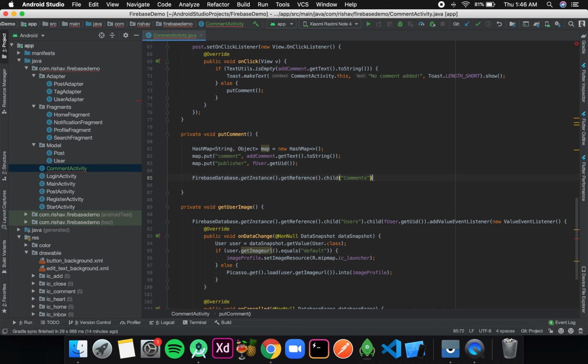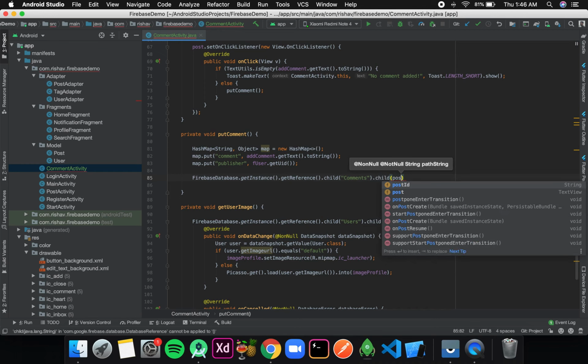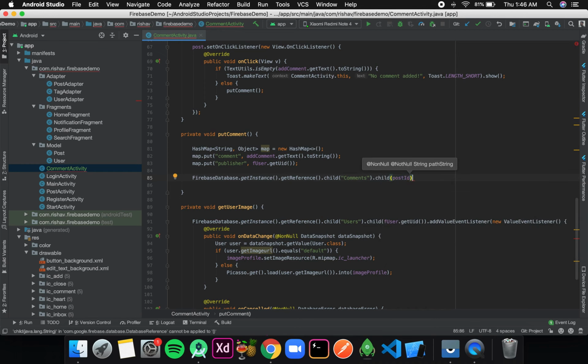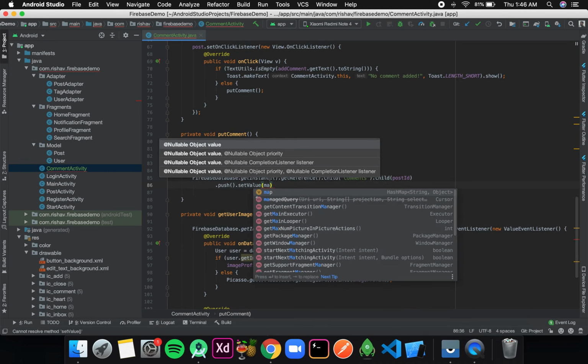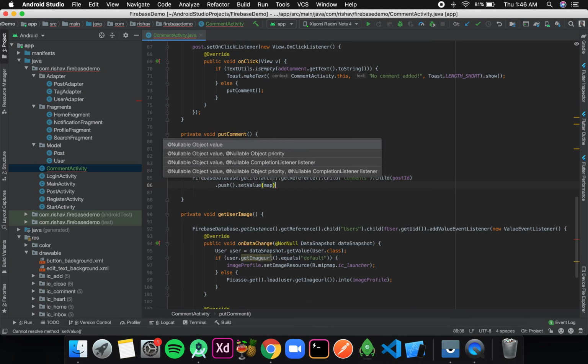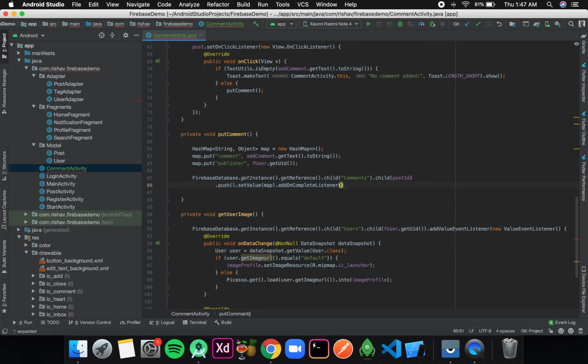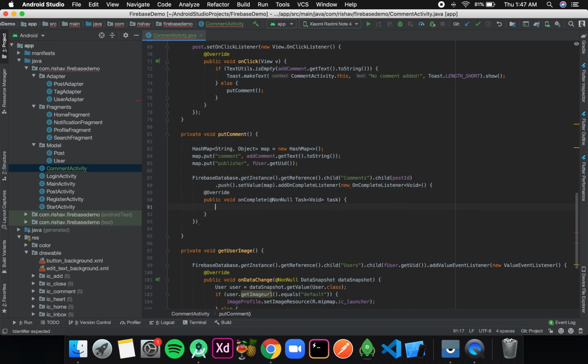And that will have a child of the post ID. Inside this I'll first create a unique generated ID, and that is done using push. Then I'll set value and then pass the map. Once done, I'll add a new onComplete listener, and inside this I'll check if